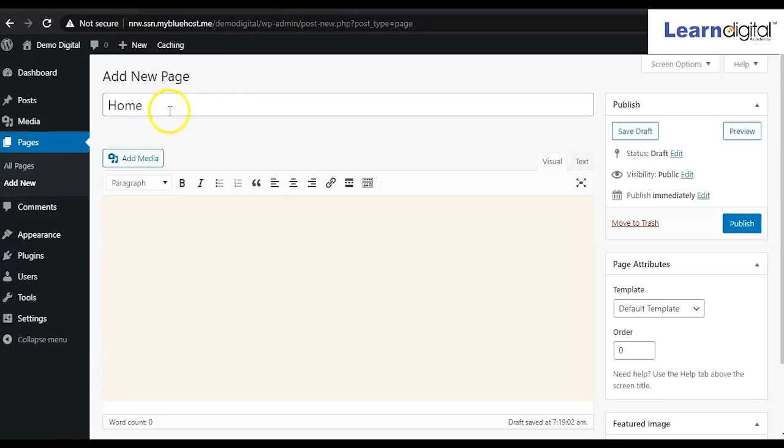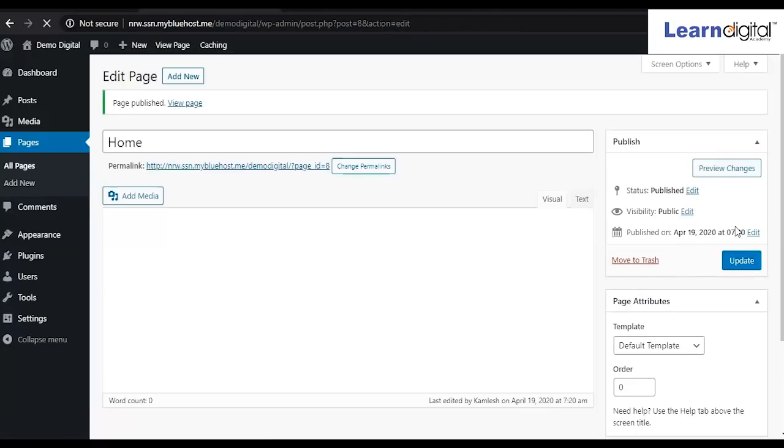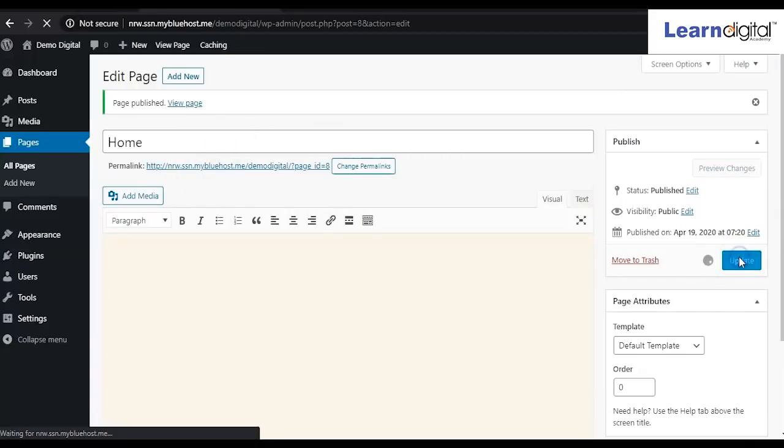After writing this, simply on the right side you have to click on the publish option. Okay, so it is published now, then simply click on update. So we have created the home page now.